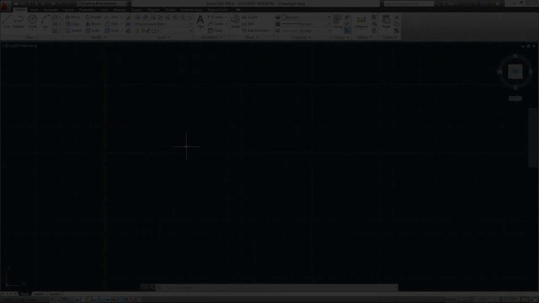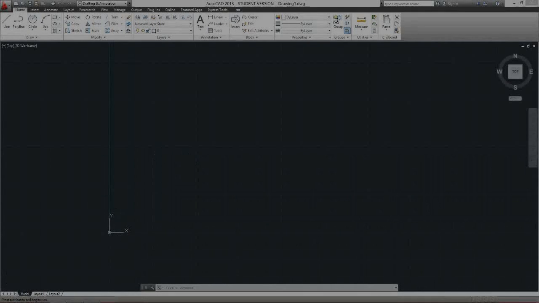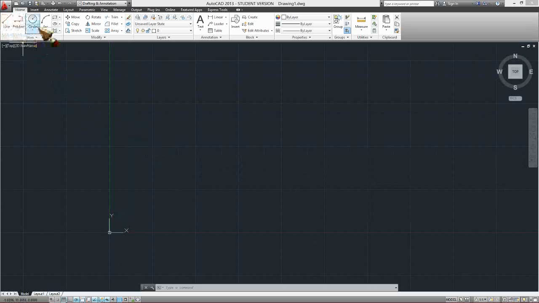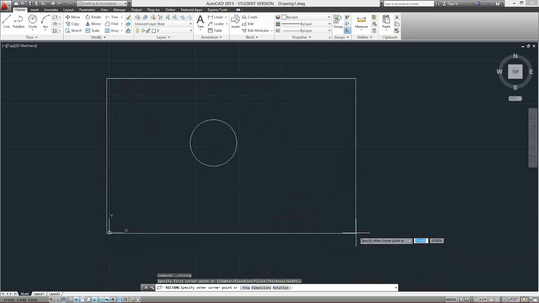Okay, so today we're going to go over dimensioning with AutoCAD. Well, with dimensions, you have to have something present to dimension. So I'm going to create a few objects here: a circle to give us a radius, and then maybe a rectangle. Why not? A rectangle inside of there